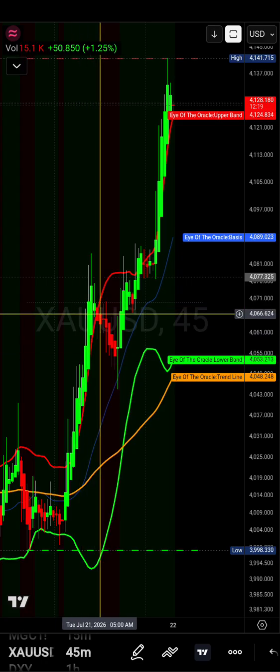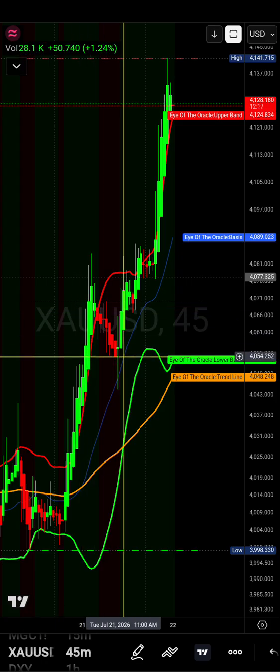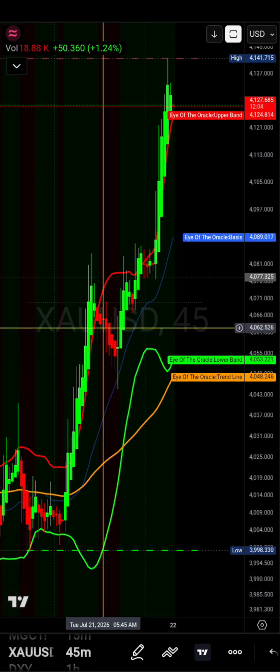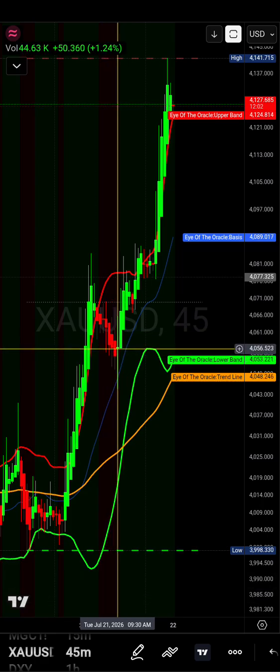Green, and then we got some red candles, came back down to this blue line. This blue line is known as the Bollinger Band's rejection line, also known as the basis line. This is the middle point of price, so price is hovering around the blue line, trying to figure out what it wants to do. It was selling, and then we got a nice little green candle off the blue line.